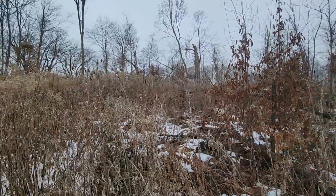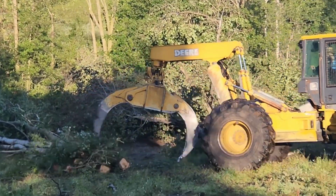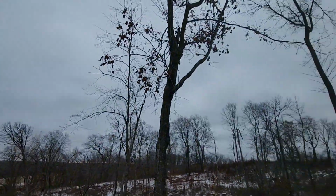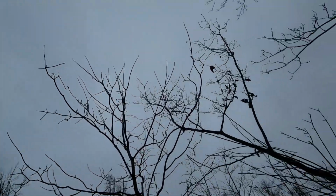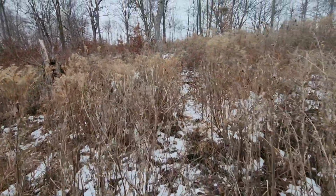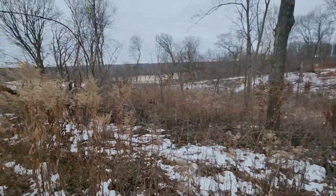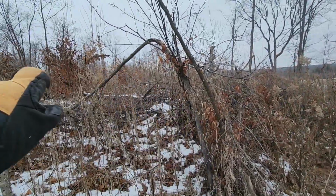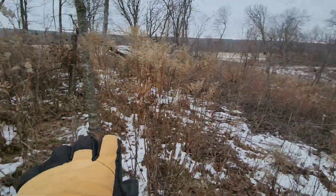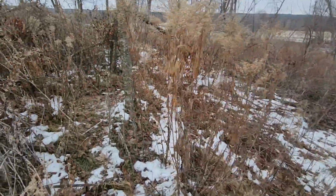Now, this particular bedding area was cut in via logging. You can see there's a hinge tree right over there, right next to my big bed. So I did do a little bit of cutting post logging in here, but the big thing to create this bedding area was just removing the mature timber and getting some regen on this hillside. Right now it's blown up. I've got tons of Canada goldenrod in here, which is still holding in late December. The woody regen is coming. You can see it, especially back in there. It's getting thick. But the biggest thing was just opening up this hillside, opening up these little flat benches that exist along this hillside, letting the regen come, and making sure there were nice big open spots for the deer